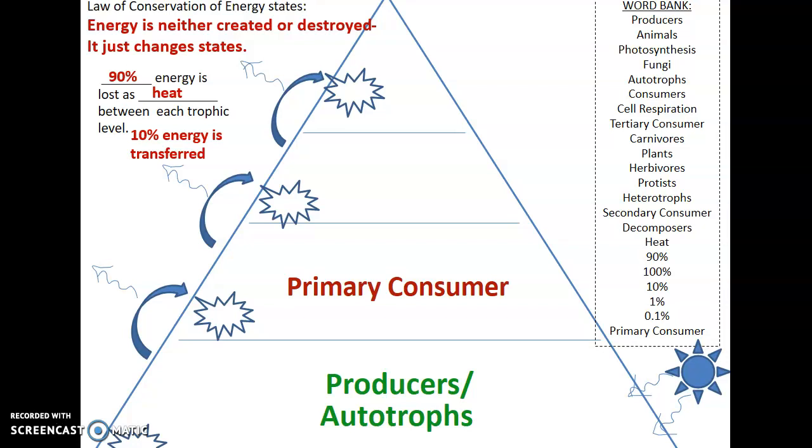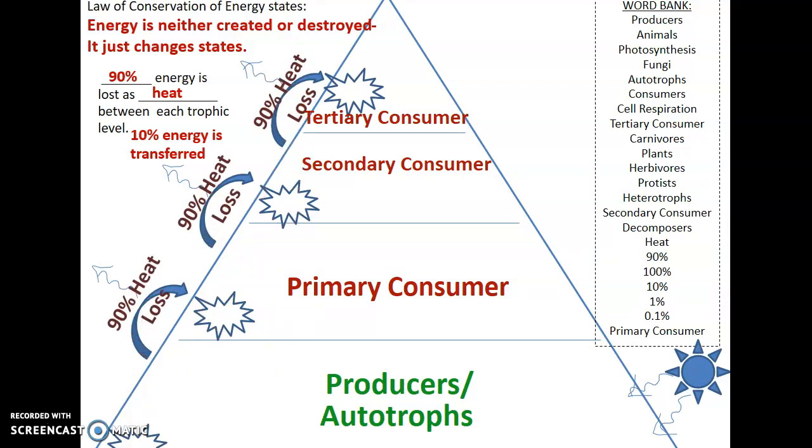And then next we have the primary consumers. The primary consumers, remember, are those that eat the producers. Okay, and then one level up from that is our secondary consumers, and then our tertiary consumers. Okay, the top of our food pyramid. And remembering that they're going to ask you on the STAAR, it may be phrased in a certain way, what is lost at each trophic level? Well, 90% of heat or energy is lost at each trophic level.